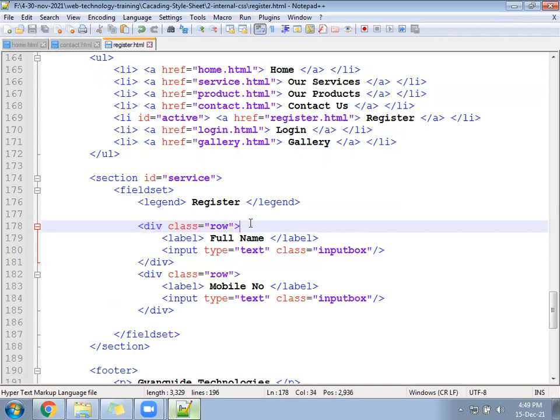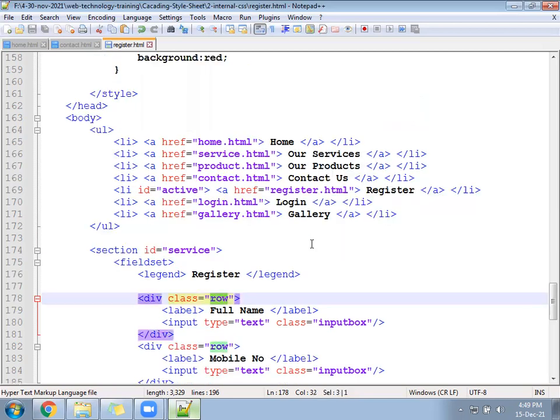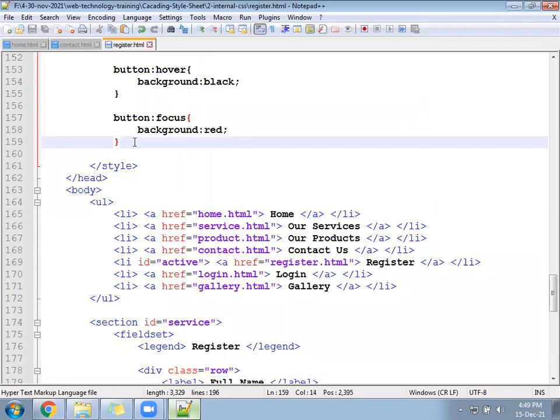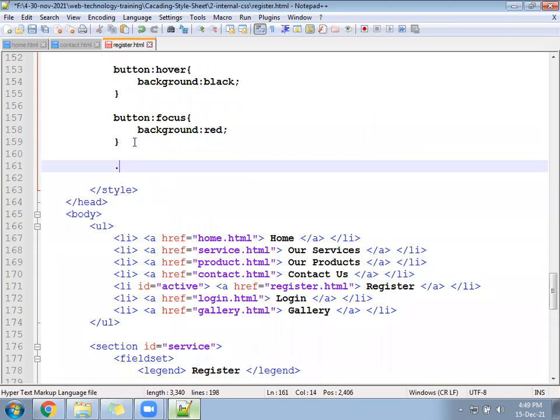So you will have very good space from all sides. Write a CSS for the row class.